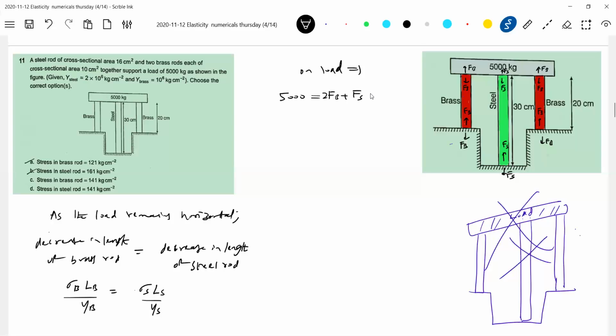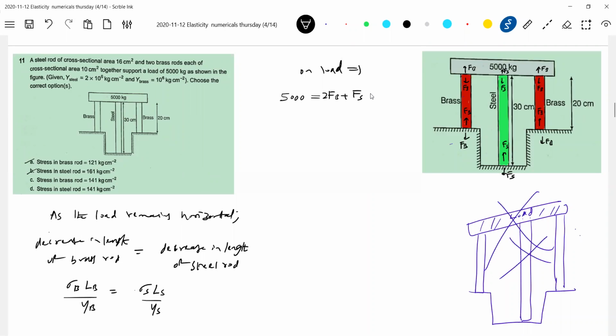Okay, 5000, no? We will express in terms of G, no? Sir, the answer is also given in kg only. Kg is there, answer in kg. Okay, then we should not take G. Because I think it's a very old problem. Okay, don't bring G into the picture. That's all. The answer will be in terms of kg, not Newton. Agreed? Okay, this much. Shall we go for it like this?